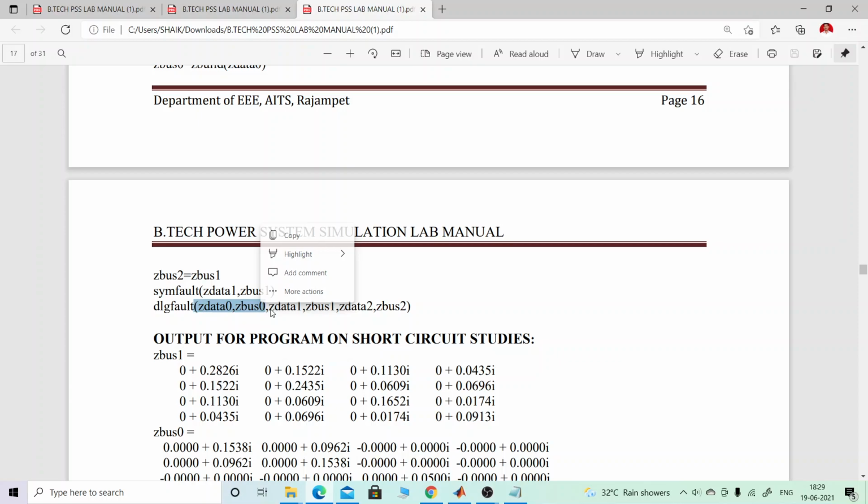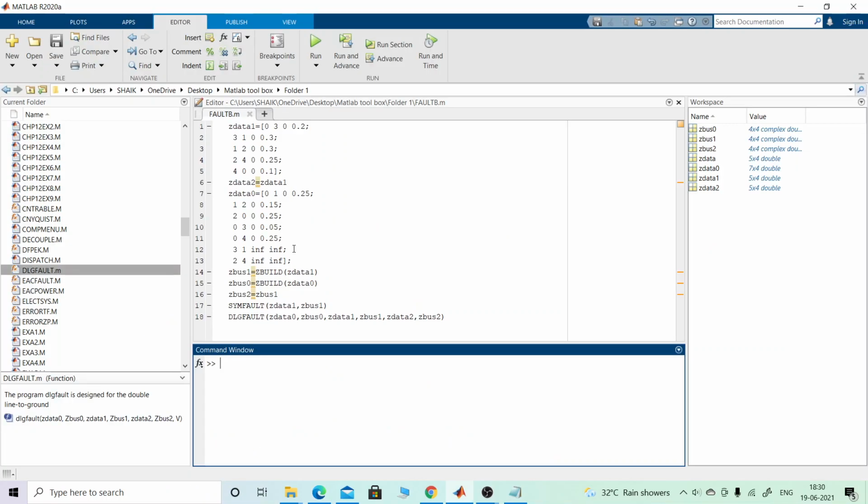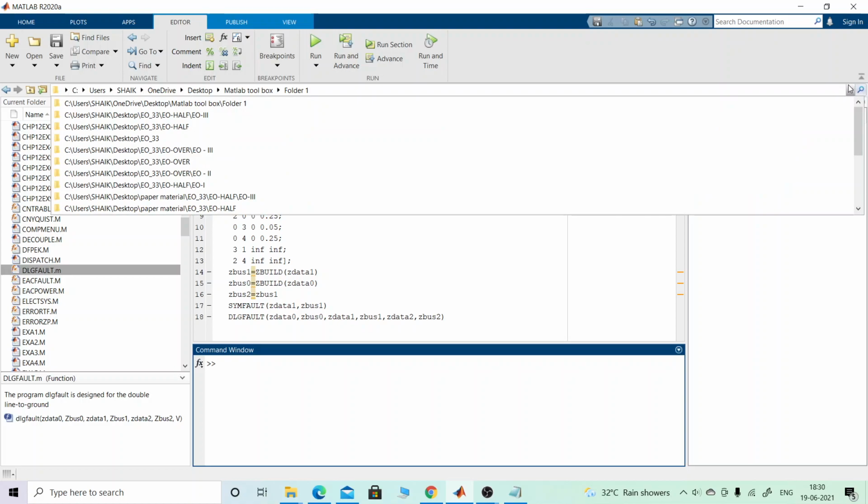So the program I have typed here. What are the essential things that have to be present there? Here the current directory has to be changed as per the instructions given by your instructor in the laboratory. The instruction may be given as some folder, such as Monday forenoon or Monday afternoon, Tuesday forenoon or Tuesday afternoon. Like that, a certain folder is allotted to you by the instructor. So change the directory with this one.